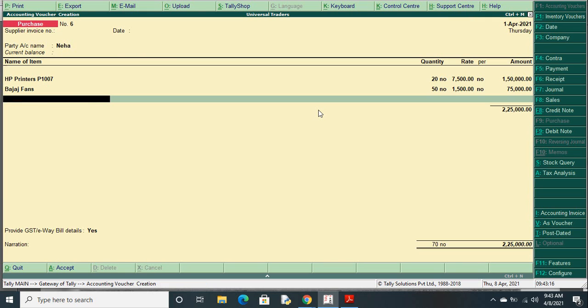So every time I have to select 18% for this, 18% for this. For every item you have to select the percentage or in which way you are purchasing that item, what is the percentage of value. Every time you have to select. Clear?